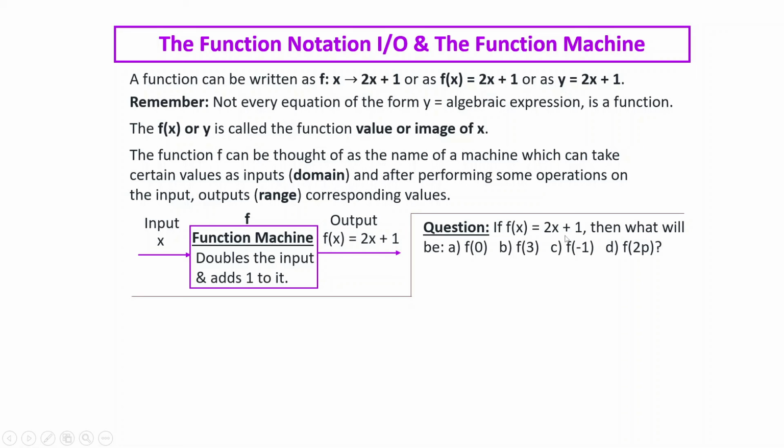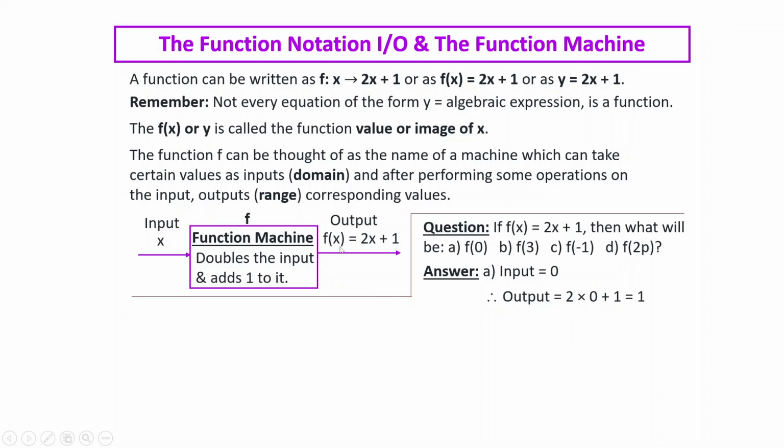And they have also said what is the input and what is the output from the function machine. So they did not give the operation in writing in a statement form, but they have given in mathematical form that when x is inputted to this function machine f, 2x plus 1 is the output from the function machine f. So when the input is 0, the output should be, it will be doubling the input. 2 times 0 is 0 and it will be adding 1 to it. 0 plus 1 is 1.